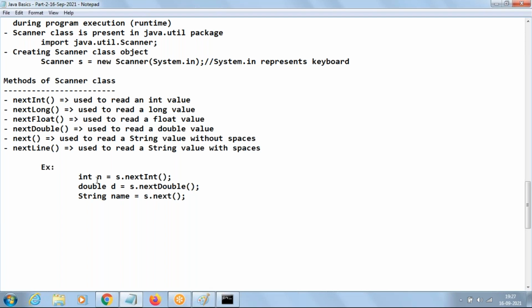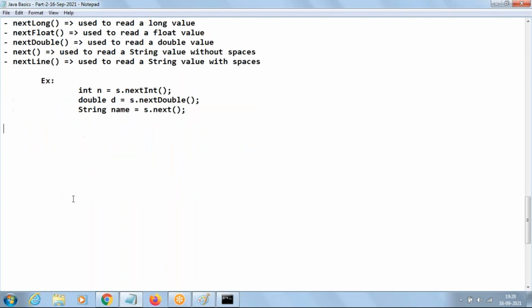Okay, so we'll write some example programs. Once we write some examples, then this concept will be very simple for you. Let us start off with our first example program here. Write a program. From now onwards I'll write WAP to find area of a rectangle.